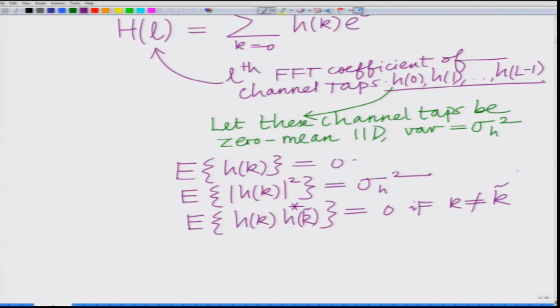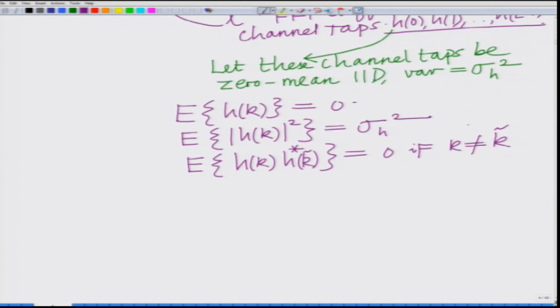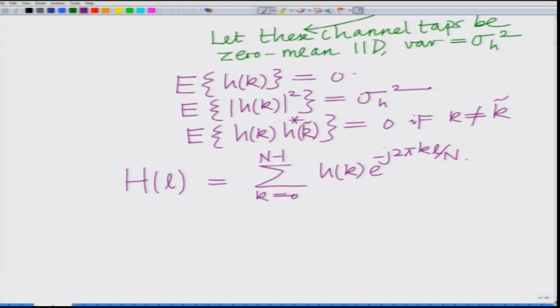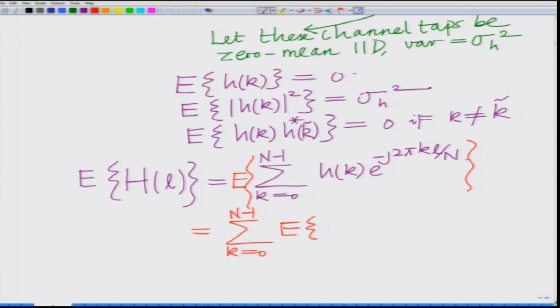Obviously, if k equals k tilde, then this becomes sigma h square. Now, again we have H_L equals summation k equals 0 to n minus 1 h_k e raised to minus j 2 pi k L by n. If I take the expected value on the left, I also get the expected value on the right, which is equal to, taking the expectation operator inside, summation k equals 0 to n minus 1, expected value of